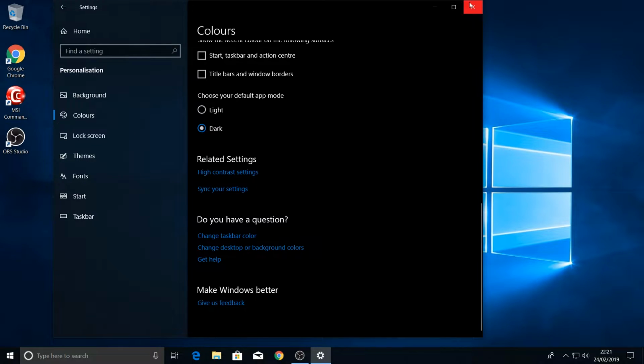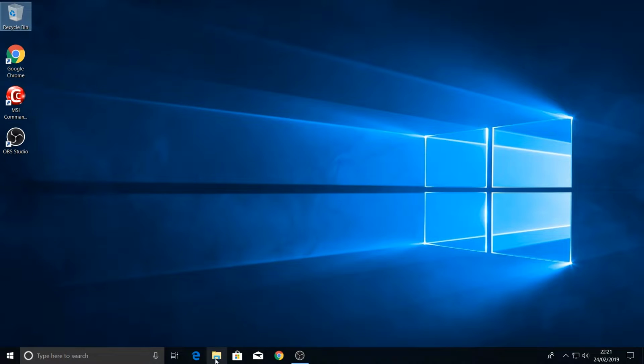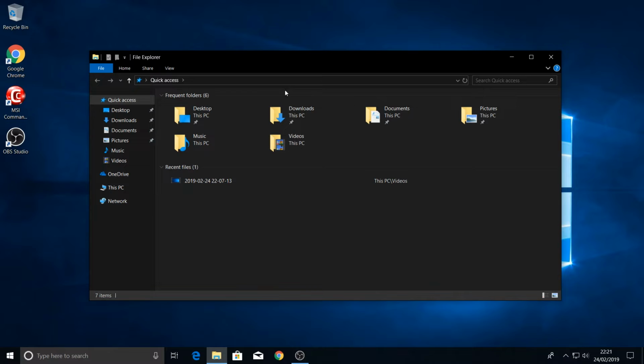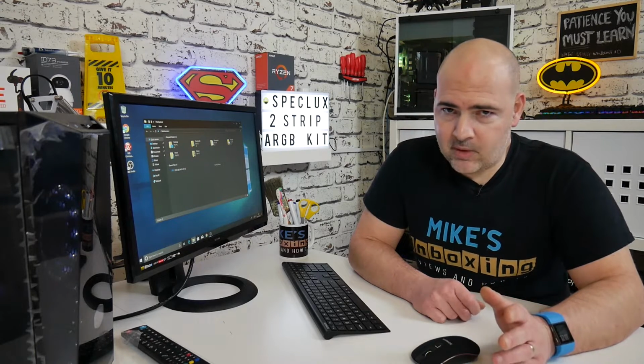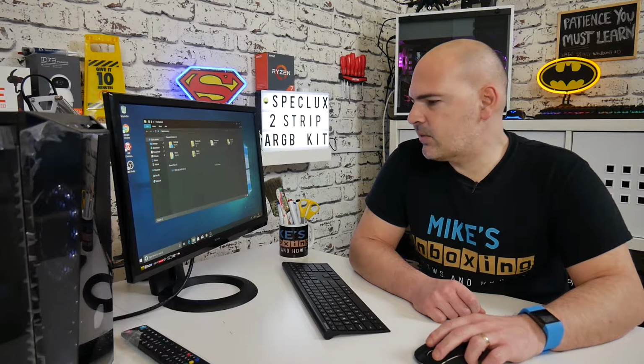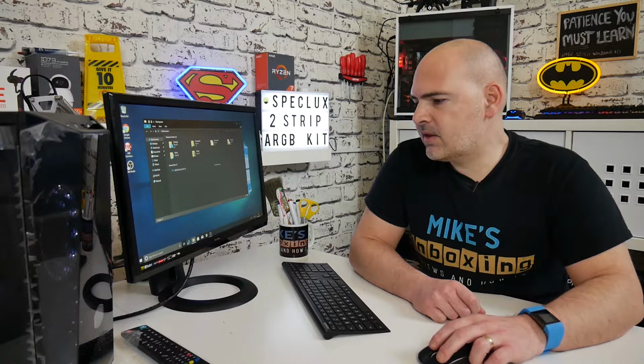So that's all good. So now if we go into, say for instance, Windows Explorer or File Explorer, and you've got this nice dark theme, so it's not going to burn your retinas out with that bright white. Now this doesn't affect all apps within Windows, just a certain few, so you do have to go in and tweak some of the other ones so it's not quite so jarring. So speaking of which, let's go into Microsoft Edge